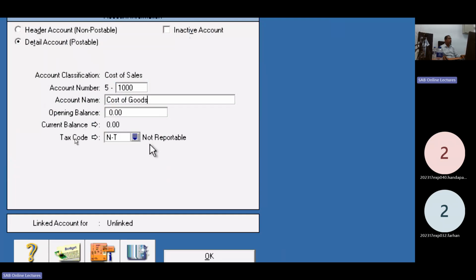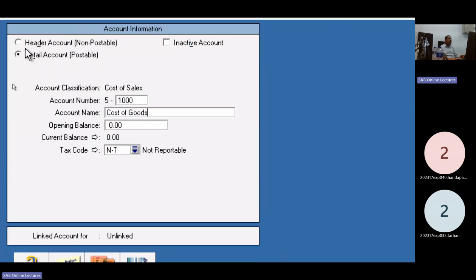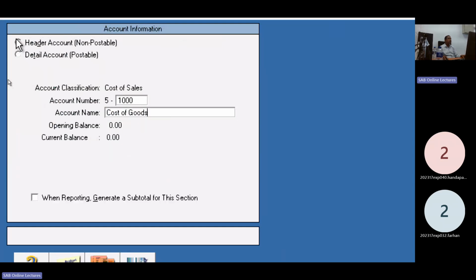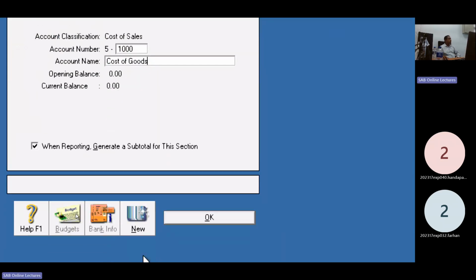Is this the header account or detail account? Header account. Change here to header account and select getting on subtotal. Header account. Okay.